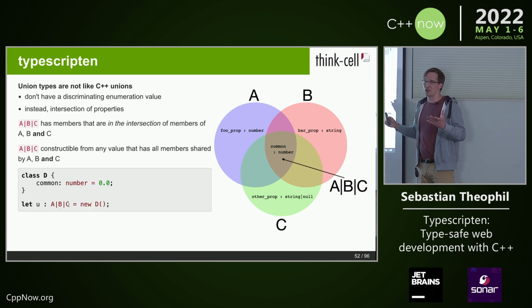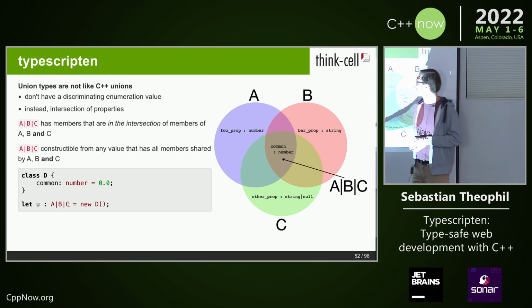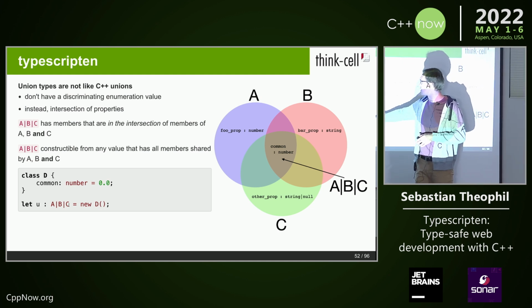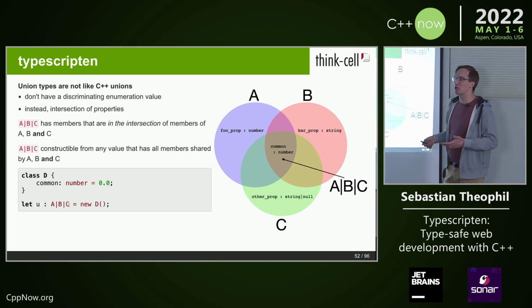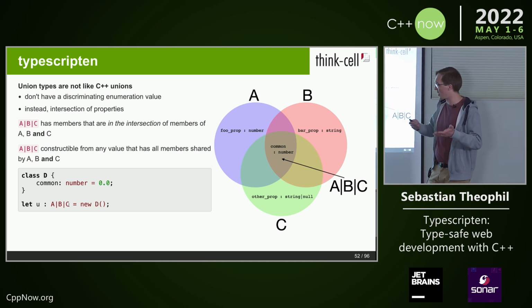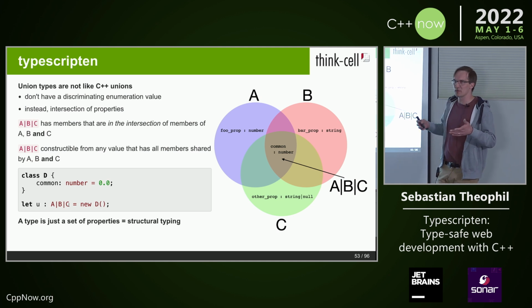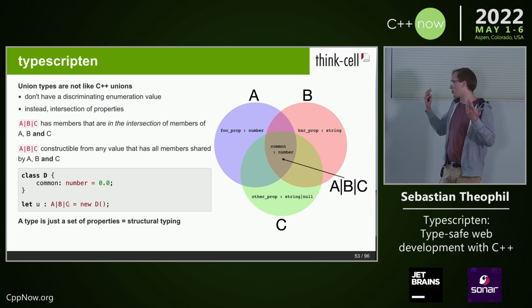And well, because it's JavaScript and not C++, an object of this type, A, B, or C, is constructible from any other object of a type that has the correct property. So this is really what the TypeScript JavaScript type system looks like. So this is structural typing. A type is just defined by the set of properties it has and not by its name or its class